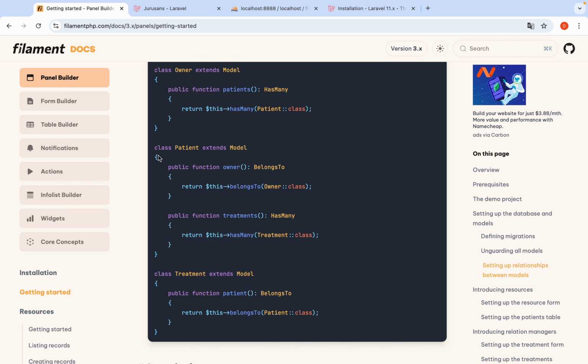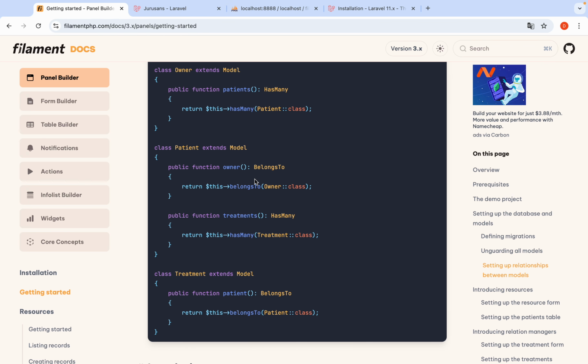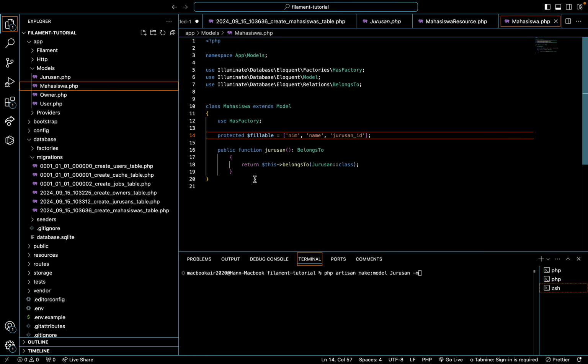You need to import belongsTo. In the Mahasiswa model we need to make the belongs to jurusan relation.